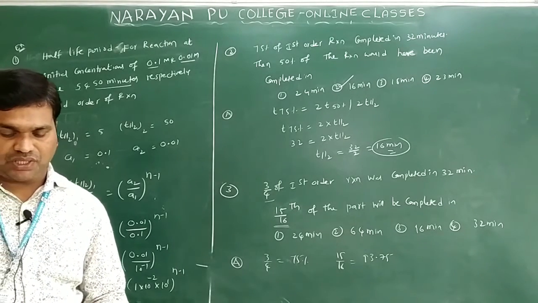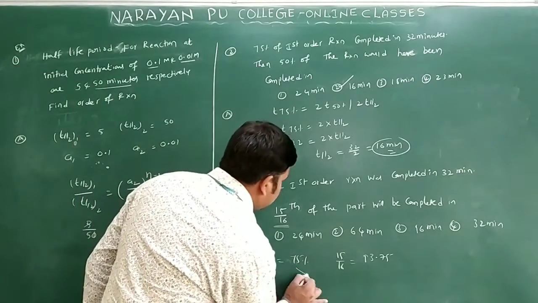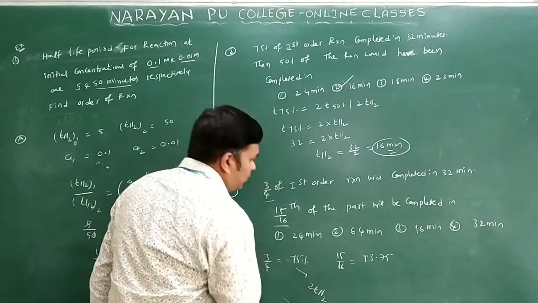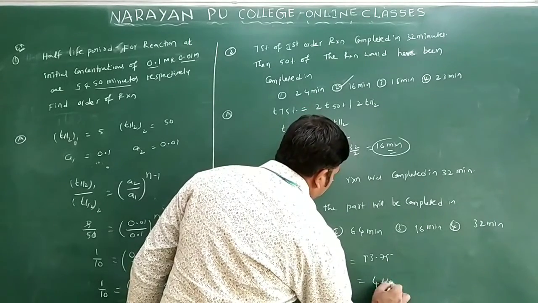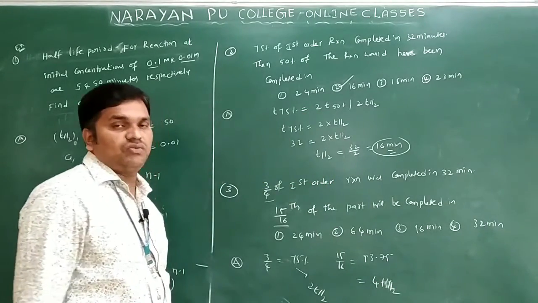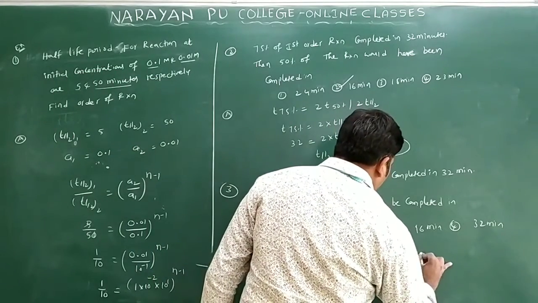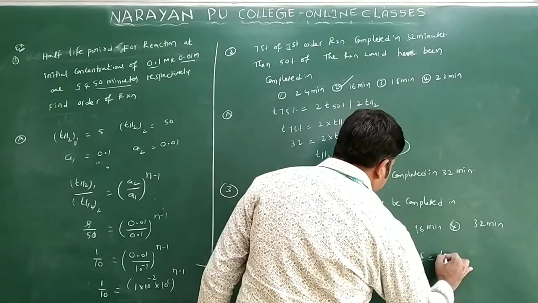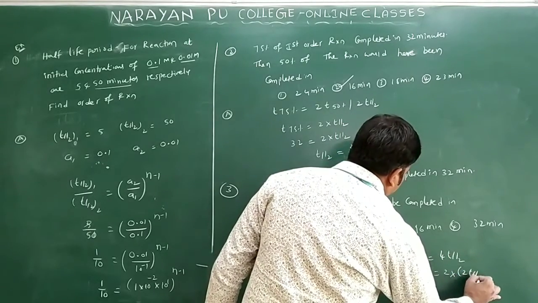T93.75% is there. So what is the relation you will get here? 3 by 4 generally completed. T75% completed, what here? This is 2 of 2 into T of T93.75 completed how much here? 4 into T of. So how can you write this 4 into T of? I will write here 15 by 16 is equal to 4 into T of, then I will write here 2 into T of.